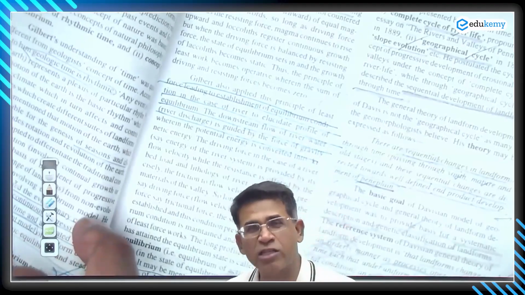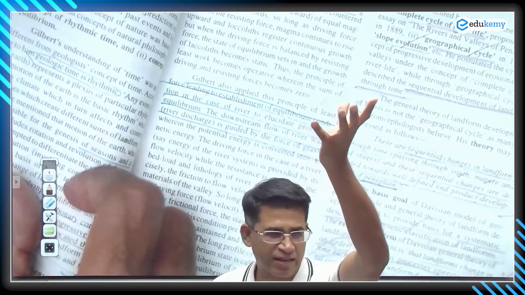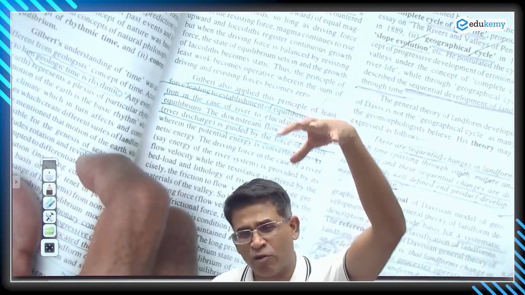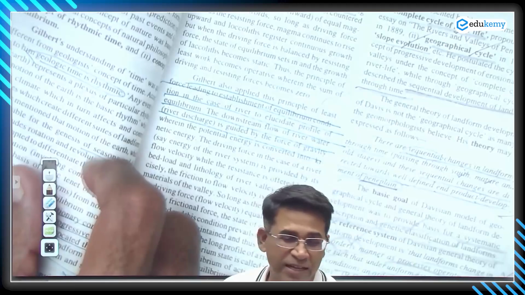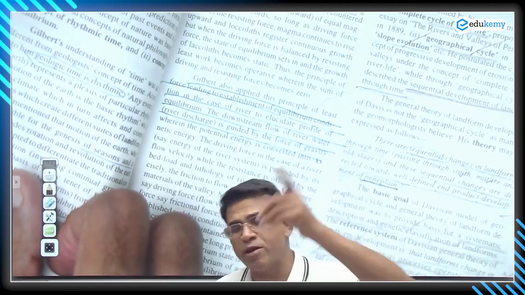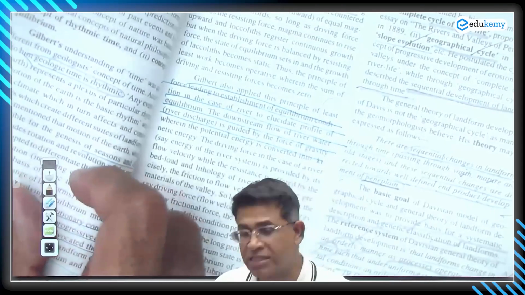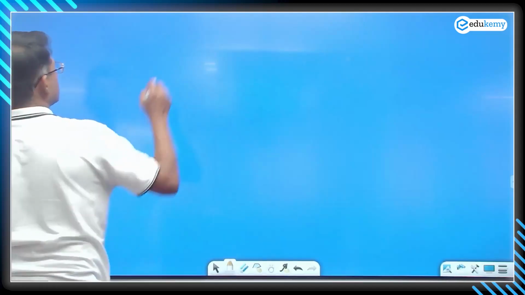The driving force is more powerful, the landforms will rise. The magma will rise. If the resisting force is more powerful, the landform won't rise. It sinks or remains like that. Okay? This is one part of equilibrium concept. अच्छा, डेविस ने एक और भी यूज किया था concept, the concept of grade imbalance. This is one concept. There is a second concept,